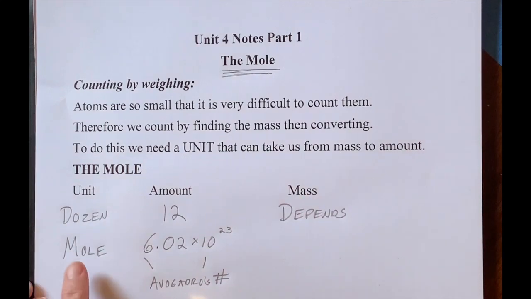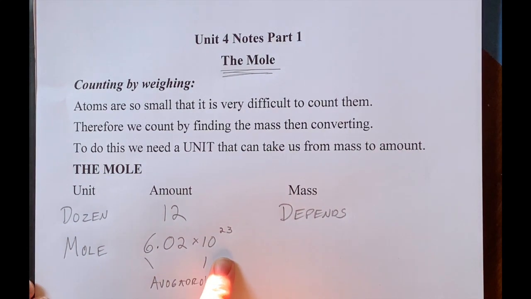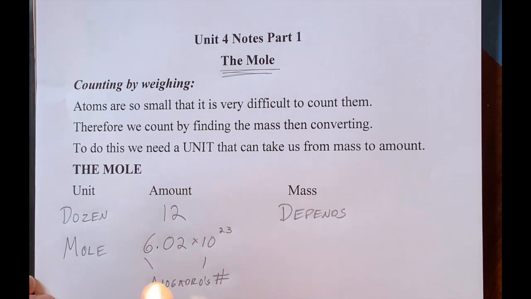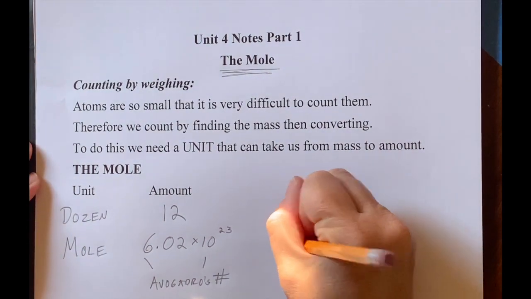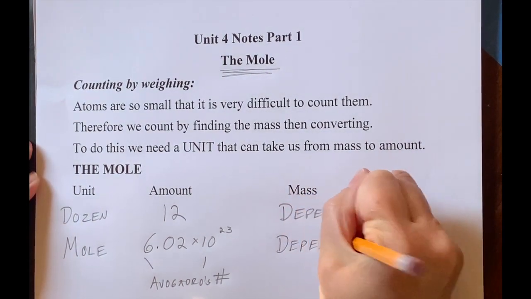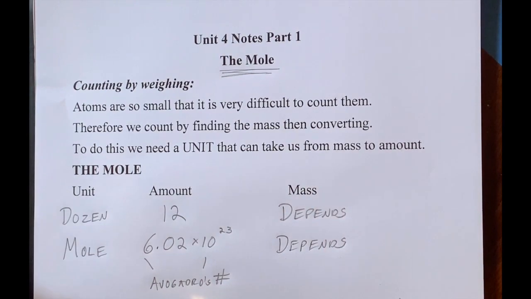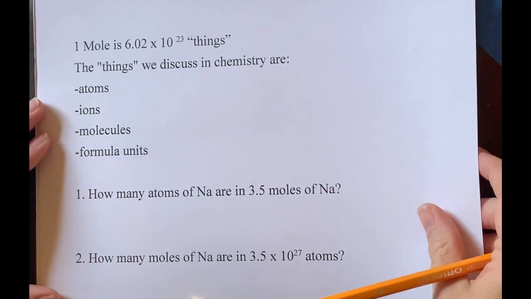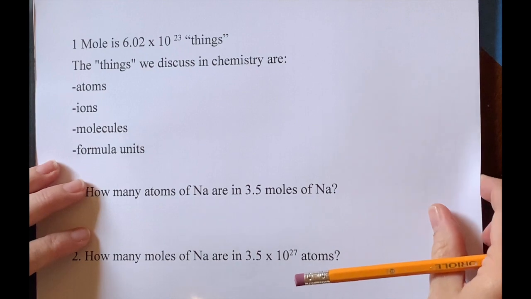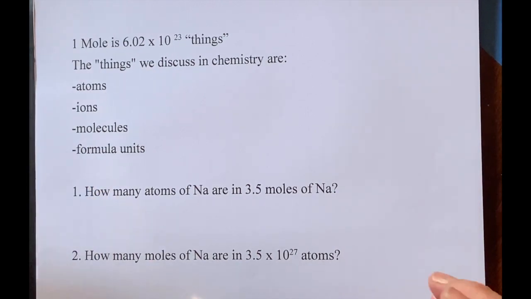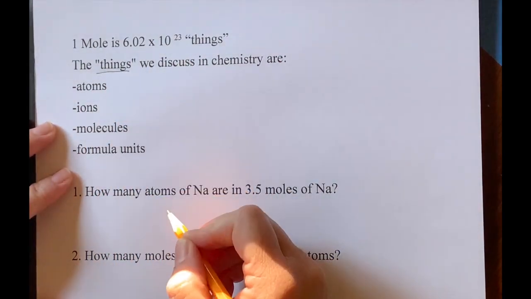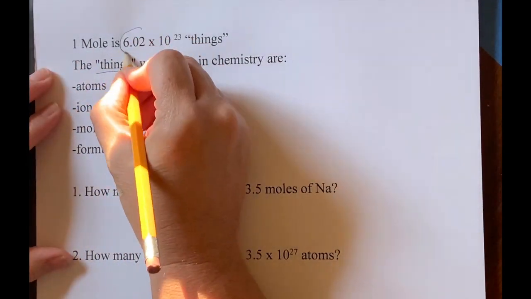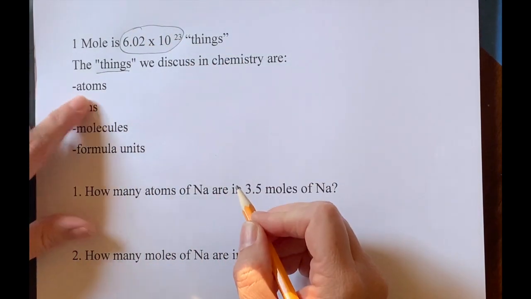So the amount of a mole is 6.02 times 10 to the 23rd things. The mass of a mole, again, is going to depend on what we're talking about. Unlike with a dozen, where we talk about dozens of lots of different things, when we're referring to a mole, the things we're dealing with, those 6.02 times 10 to the 23rd things, are rather specific. So the things or the labels that you're going to be using with Avogadro's number are going to be